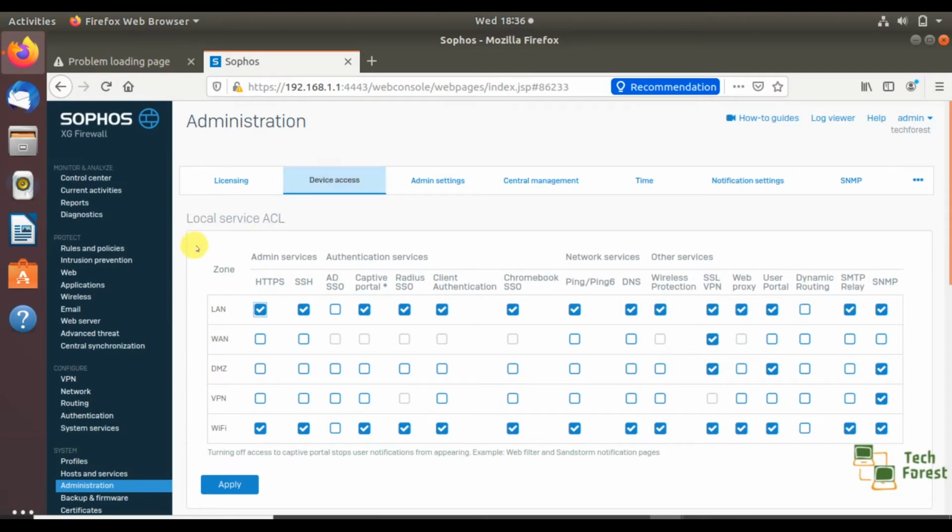Here you will find options that can be enabled or disabled for the WAN interface. If you allow it from here, then you can log in to your firewall over the public internet. Also you can use SSH or telnet, but again this is not the recommended way to work.